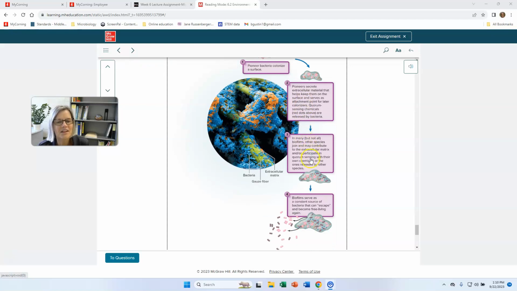And then other species can join in. So if this is something in your mouth or something in the environment where there's other kinds of microbes around, you're going to end up with a mixed community of microorganisms. And they're all going to kind of trap into this slime layer. It's going to be kind of interesting because the conditions up here in the slime layer, in this whole biofilm, are going to be different than down here. For example, there might be more oxygen up here. So the microbes that grow in the different areas of the biofilm can also be different.